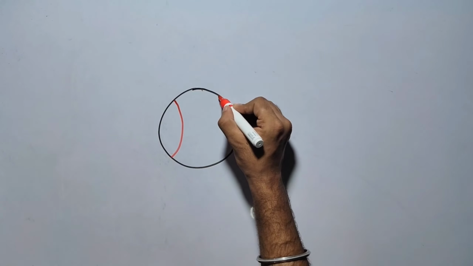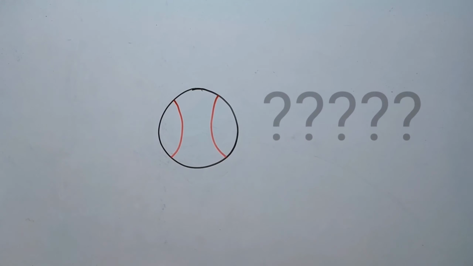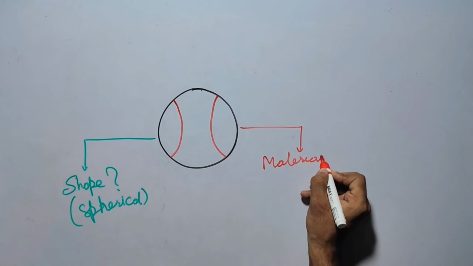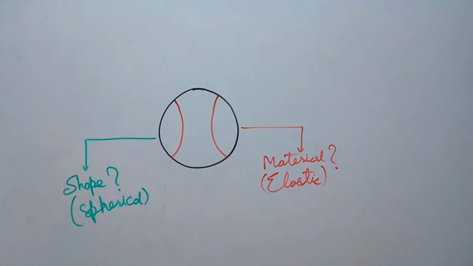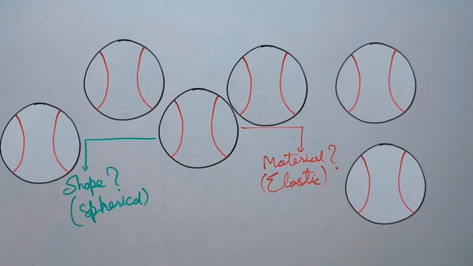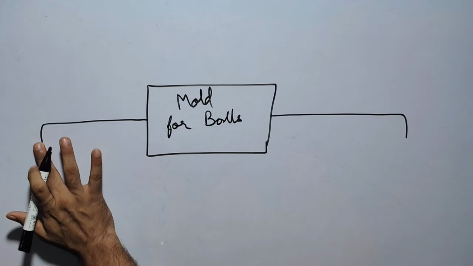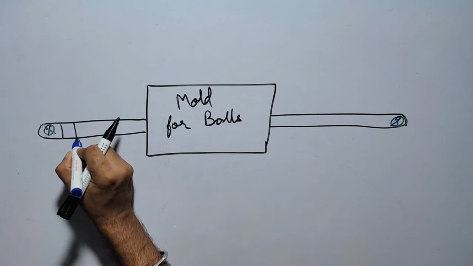This is a ball. But how do we know that this is really a ball? What are the defining qualities of a ball? The obvious qualities will be that its shape is hollow, spherical, and its material is elastic. Therefore, with these two sets of information, we can definitely make any number of balls we want. Similarly, we can make a mold with the same information, making what we call a factory of balls.